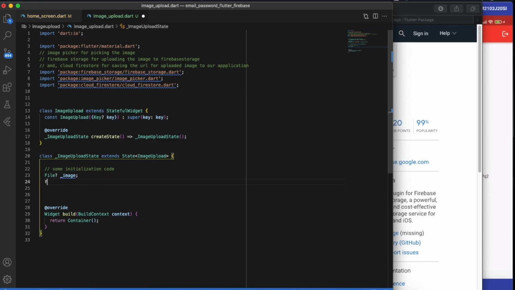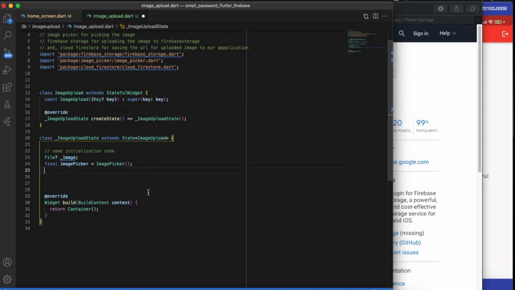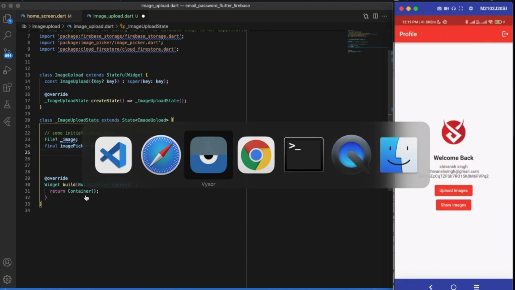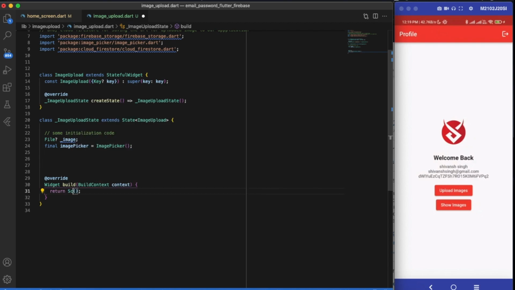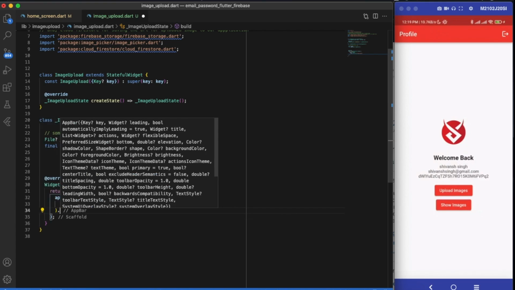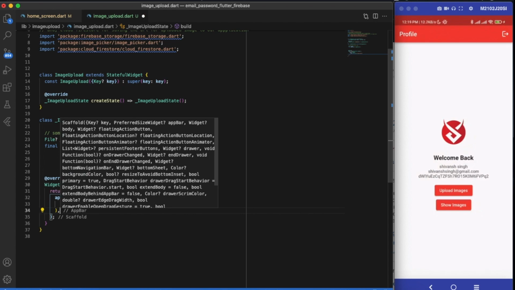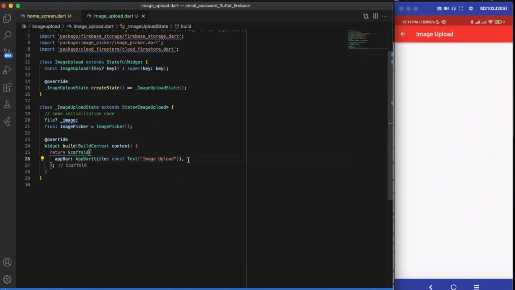And now the next step is we will be creating the initial value for Image Picker. So it will be final ImagePicker, and then our function, which is from our library that we added, ImagePicker. Now what we can do is we will be going to this container, and here we will be designing our application. So it will be having an app bar, and app bar will have a title of, let's say, image upload. Now after the app bar we will be having our body section, but let me just reload the application first. Here you can see we have upload image. Okay, so we have the app bar here.